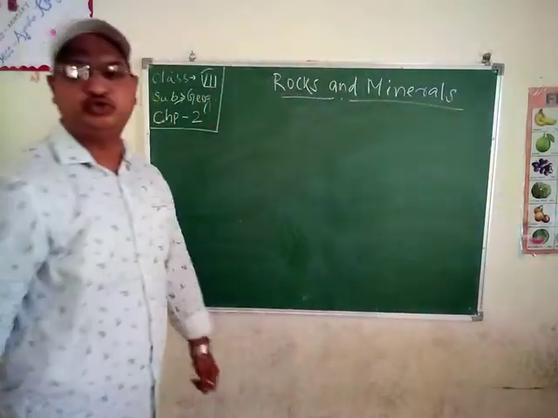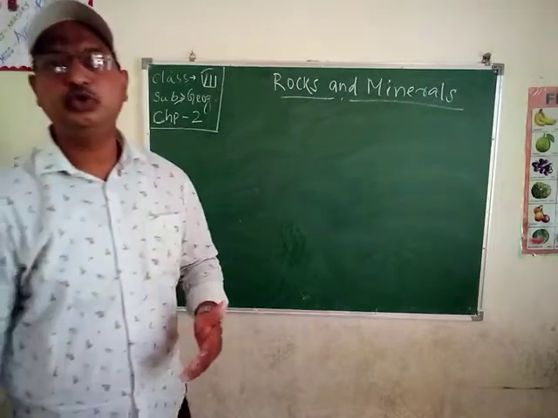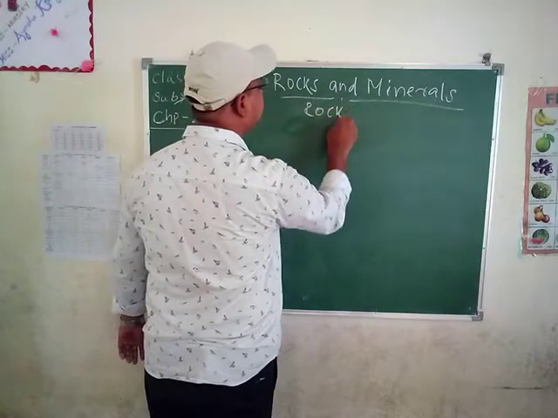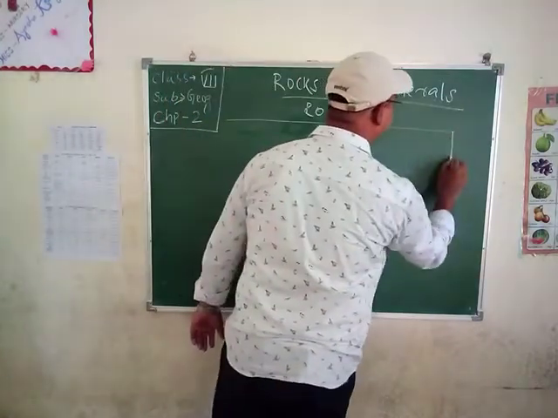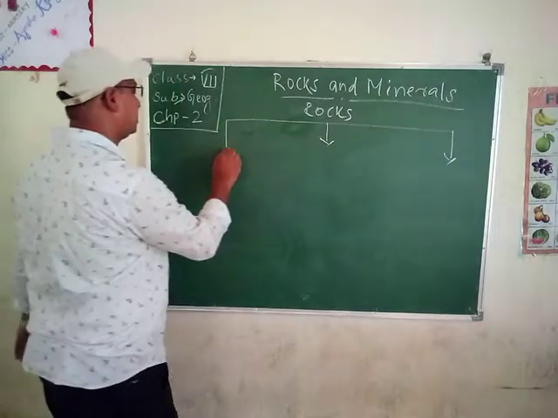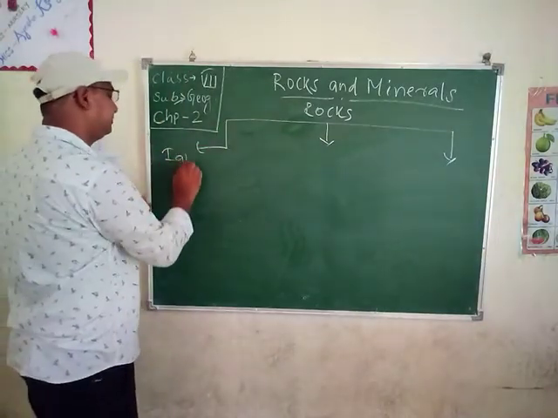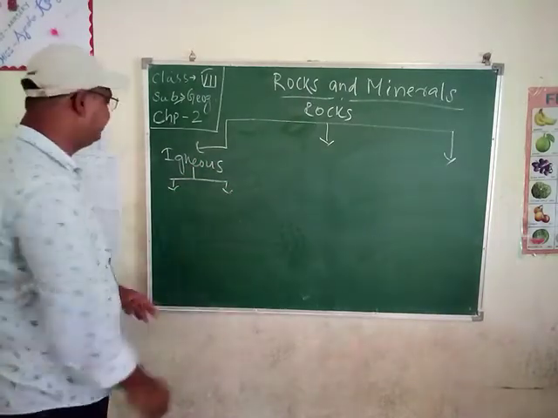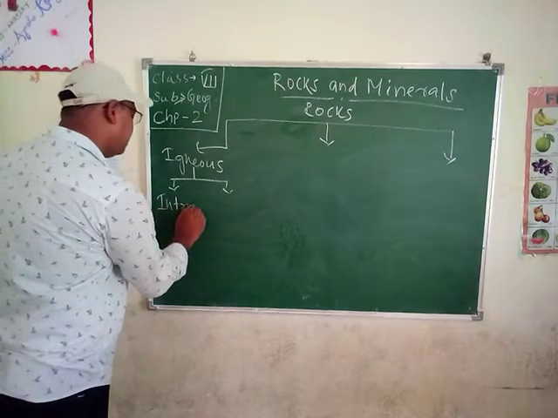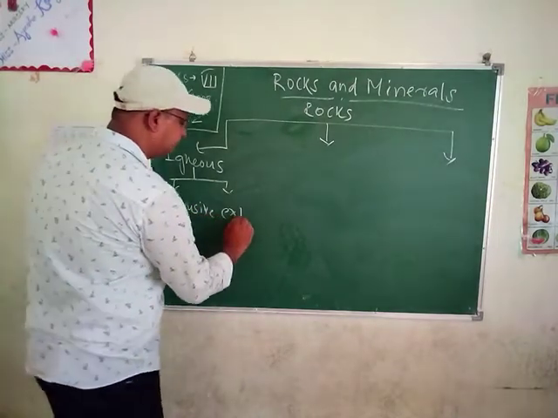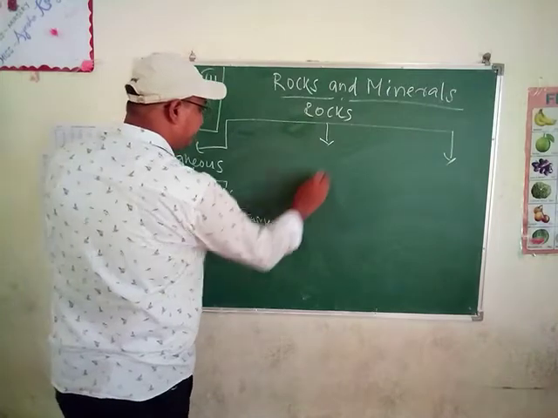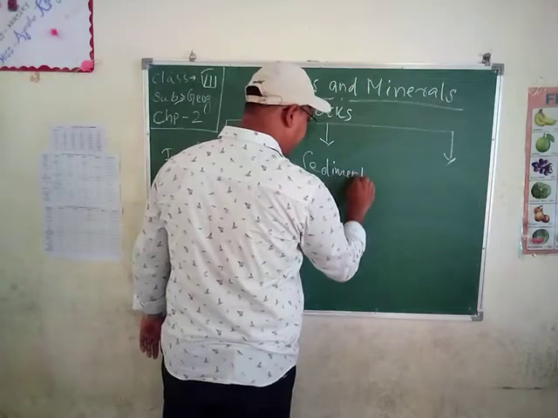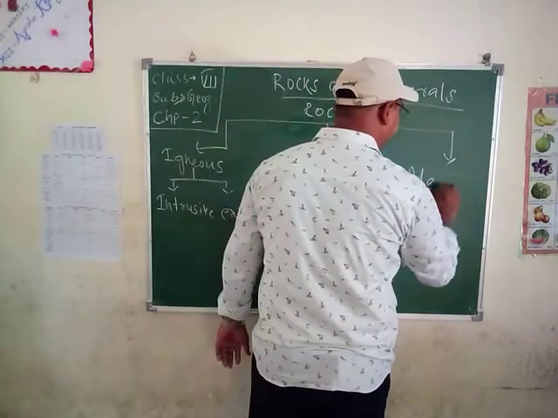So then we'll move to the classification of rocks. Students, I will draw a diagram to classify the different types of rocks. First of all, there are three types. The first one is igneous, which is further divided into two types: the first one is intrusive and the second one is extrusive. Friends, the second part is sedimentary. The third one is